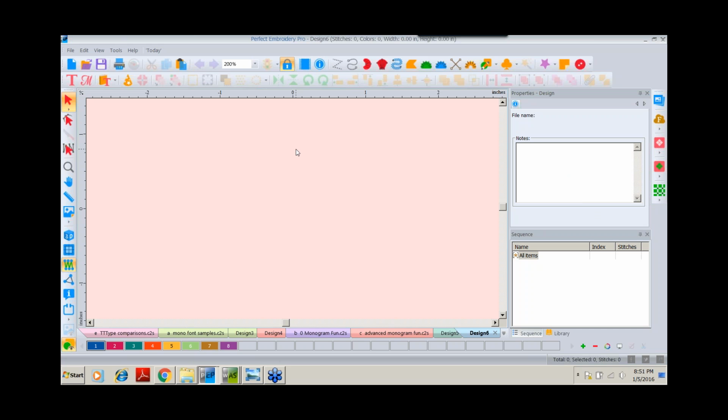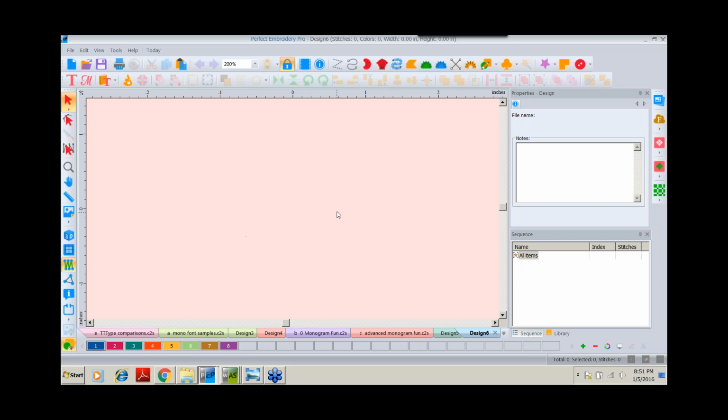And I say that because it is the full-blown digitizing software by Inspiration by Dime. It is, and it's reflected in the price as well. All of these other software are standalone software. You can have one of them, you can have all four of them, and maybe you don't yet own Perfect Embroidery Pro. You can do any combination of all or a few of the software, and they will each work perfectly independently